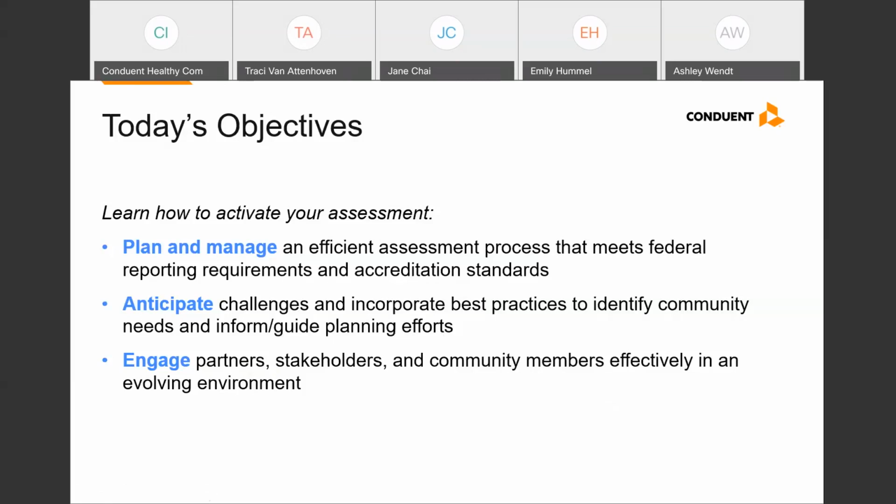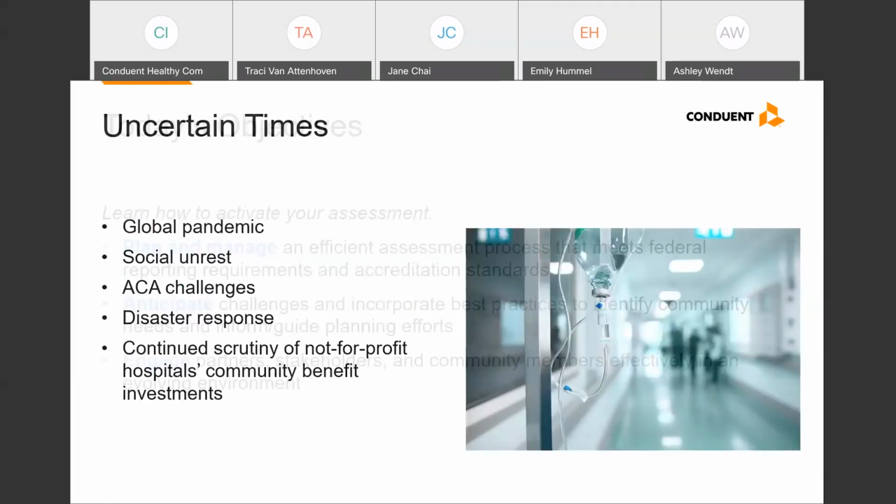So we ask ourselves, what's contributing to these uncertain times? Here are a few recent situations that I'm sure will resonate with all of you. As we're trying to stay focused on our jobs and deal with other issues that arise, like pandemics and social unrest and ACA challenges in the Supreme Court, we still find ourselves having to meet IRS reporting and assessment requirements.